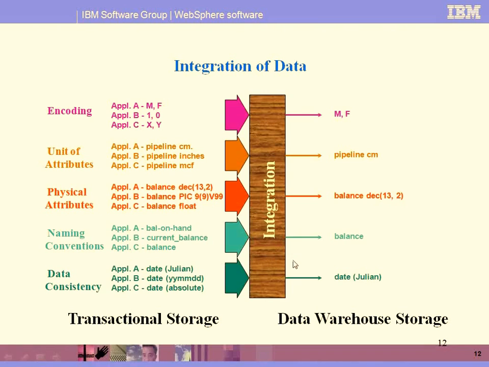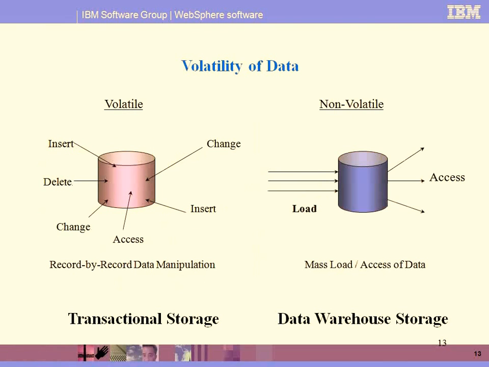And the third characteristic feature as per the data warehouse definition is non-volatile data. Coming to the volatility of the data, when it comes to the transactional systems, it's going to maintain record by record updation. We are going to insert one record, delete one record, change one record, access one record. Like this, what is going to happen? Whatever the data we have